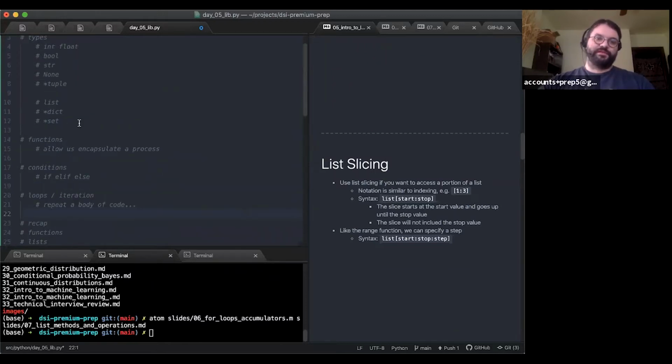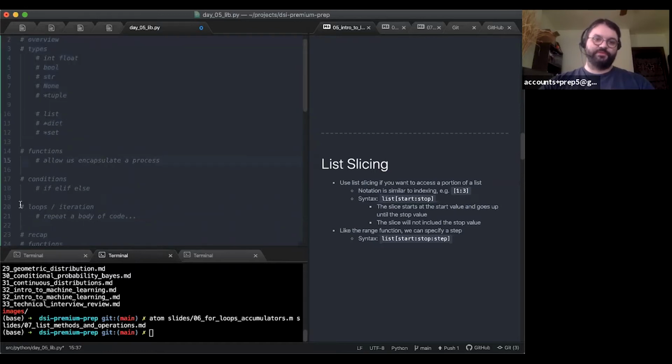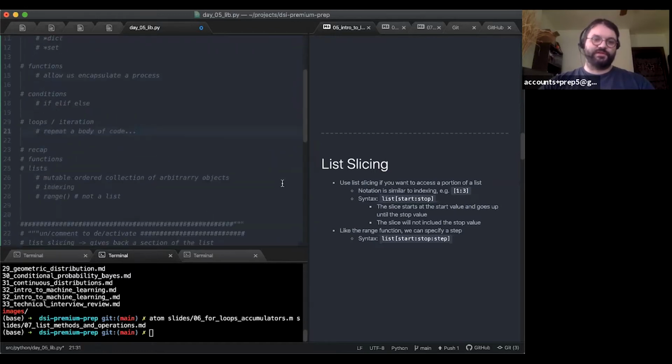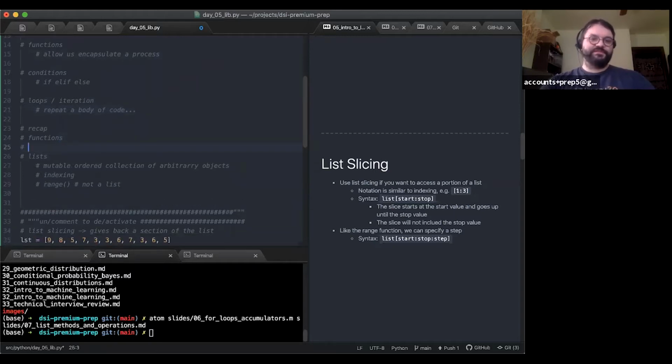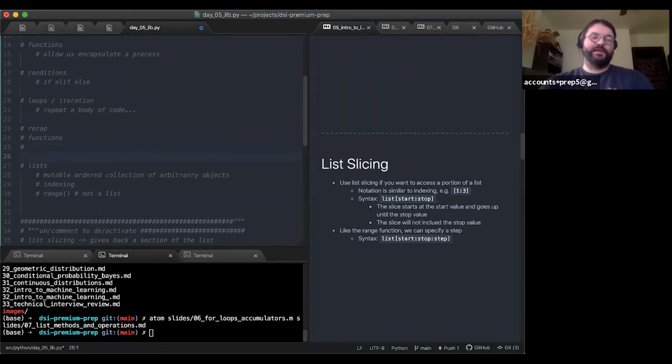So lists are a data type, and loops are just another important construct here. Okay, so just to recap for functions, I want you to create a really strong distinction with functions. We'll use the word function to describe a function definition and a function call, right? I might say len is a function, right?